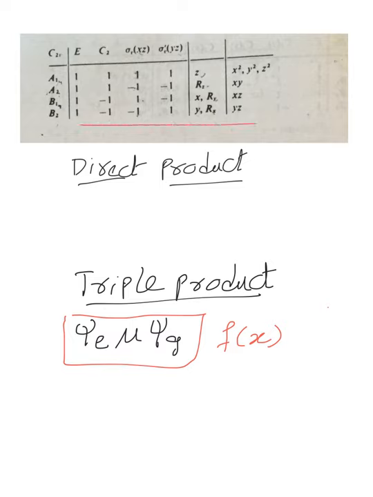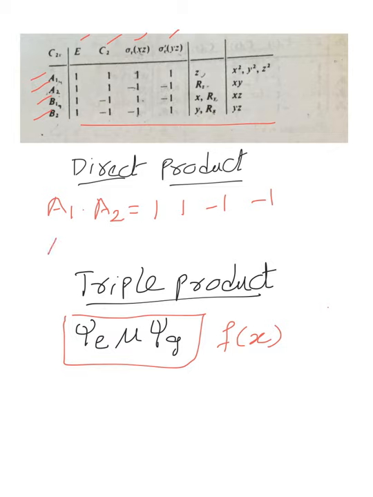This is the character table of the C2v point group. Here we have four representations: A1, A2, B1, B2. And the symmetry operations in this group are identity, C2, sigma xz and sigma yz. Now let us see how we take the direct product of two representations, A1 dot A2. This is nothing but simple multiplication. So 1 into 1, 1; again 1 into 1, 1; 1 into minus 1, minus 1; 1 into minus 1, minus 1. This is called the direct product.